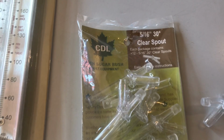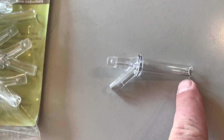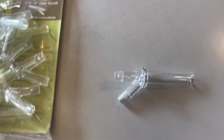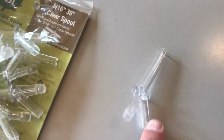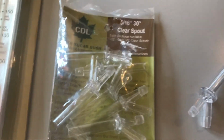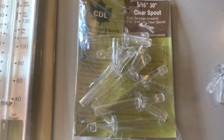Here's the equipment I use to collect the sap. You drill a 5/16 hole. You want to drill on a kind of an upward angle, and then on this end you can tap with the hammer, tap it up into the tree. And that's also 5/16 I use. That's where you attach your collection hose down to your container. I use a 5/16 ID vinyl tubing. It has a 3/8 OD,